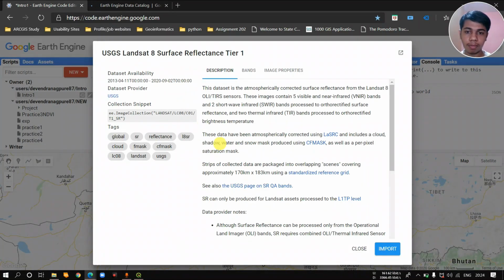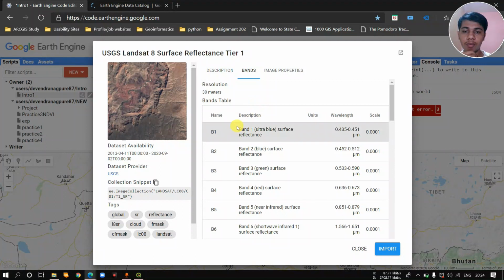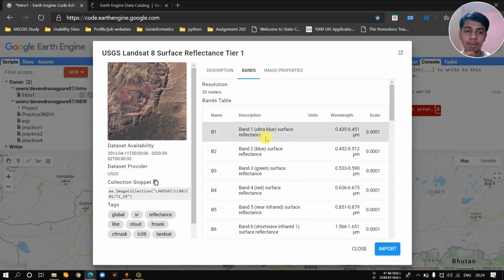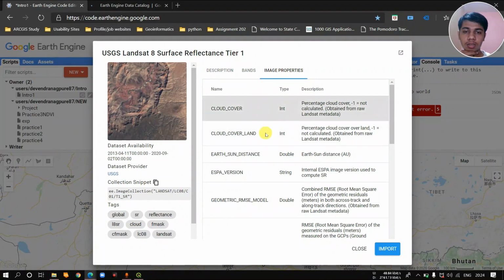Let me show you the Landsat 8 data. Over here you can see the description of the data, how it is taken, and here you can see the number of bands, and their description, that which band can be used for what kind of use. Now image properties. This is, you can say, the metadata.